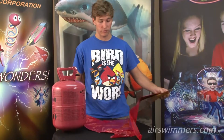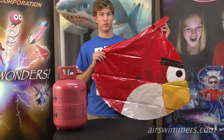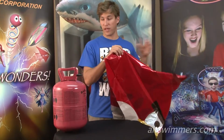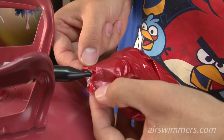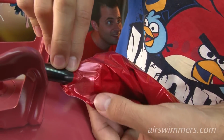The first step for assembling your Angry Birds is to get the balloon filled with helium. You can do this by taking the balloon to the grocery store or florist shop and they'll fill it up for a few dollars. If you're at home and have access to a party tank, it's even easier. Take the valve at the back of the balloon and insert the nozzle of the party tank into it. Then deflect the valve to the side to